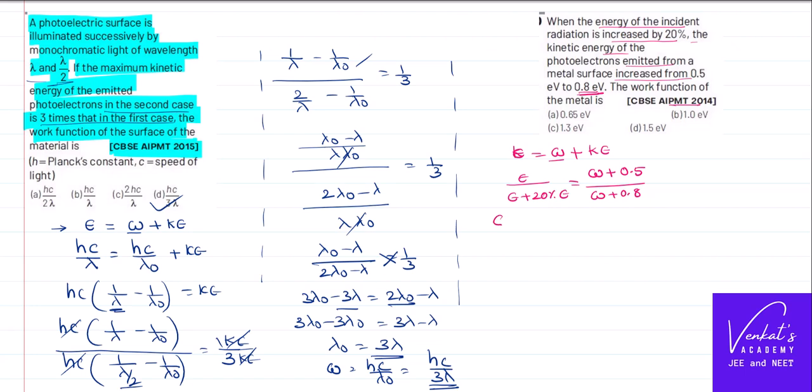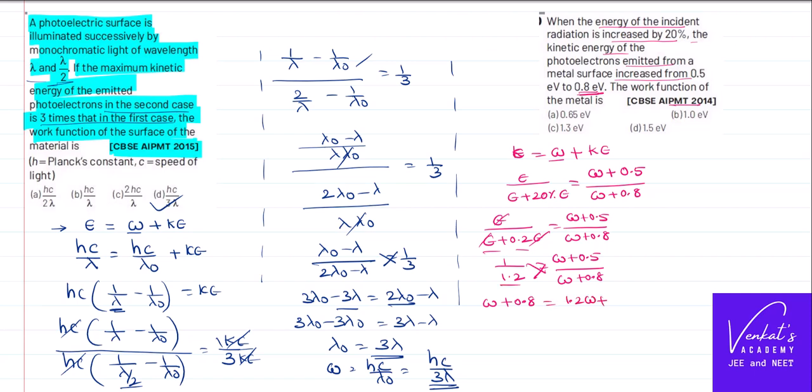Let's simplify this. E by E plus 20%, that means 0.2 times E. E is work function plus 0.5 by work function plus 0.8. So E can be cancelled. 1 by 1 plus 0.2, that is 1.2, equals work function plus 0.5 by work function plus 0.8. Cross multiply them: work function plus 0.8 equals 1.2 times work function plus 1.2 into 0.5,